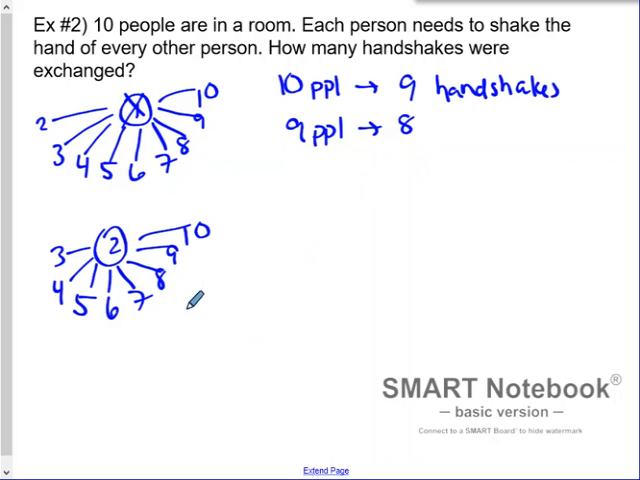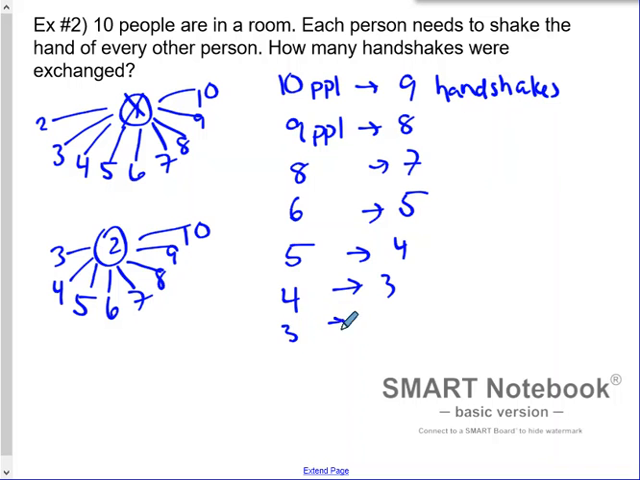Okay, so I'm starting to see a pattern here. So we can use some inductive and deductive reasoning to do this. So 10 people will be 9 handshakes, 9 people will be 8 handshakes. Okay, 8 people, I'll have 7 handshakes. When I get down to 6 people, it'll be 5. With 5, there'll be 4 handshakes exchanged. 4 will be 3, 3 will be 2, 2 will be 1, and one person can't really shake hands with themselves. I mean, they can, but like, why? Okay, so adding these up, I end up getting 45